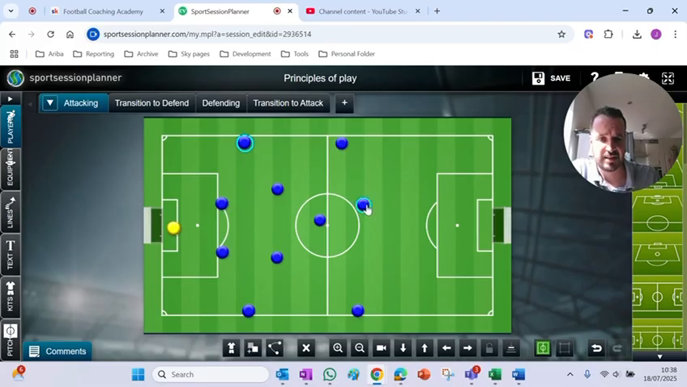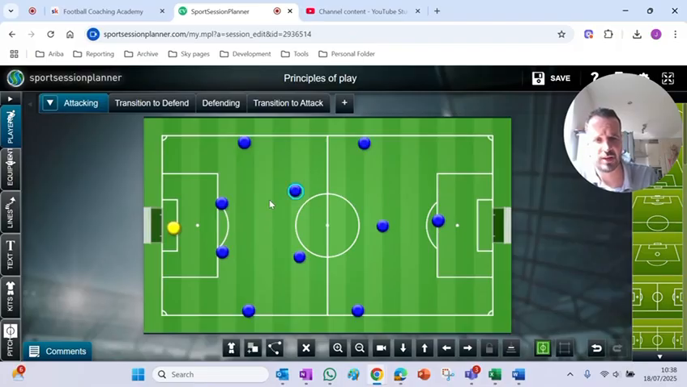Second principle, or second thing I'd want us to look at, is depth. So vertically, how much are we stretching up the pitch? I've talked about in previous videos the principles of width and depth being really, really important. We've talked about width, but depth is something that often doesn't get spoken about a lot. Can we stretch the opposition? So again, if they're showing up in